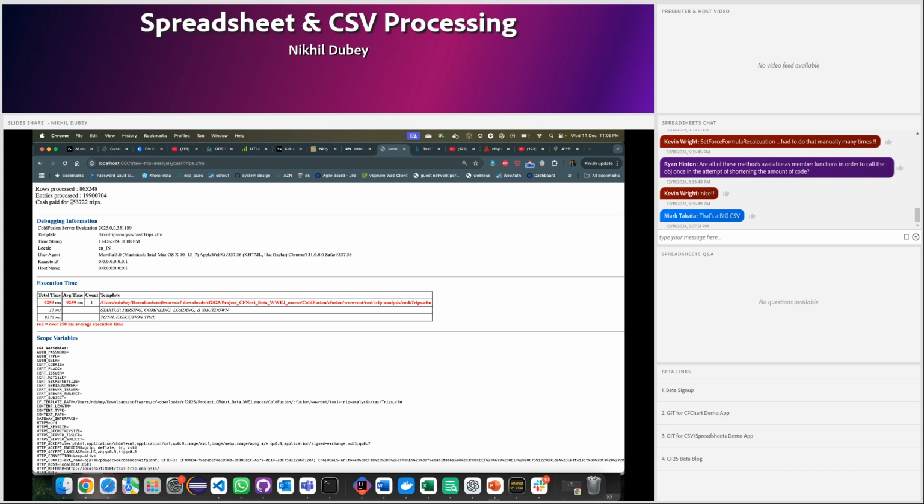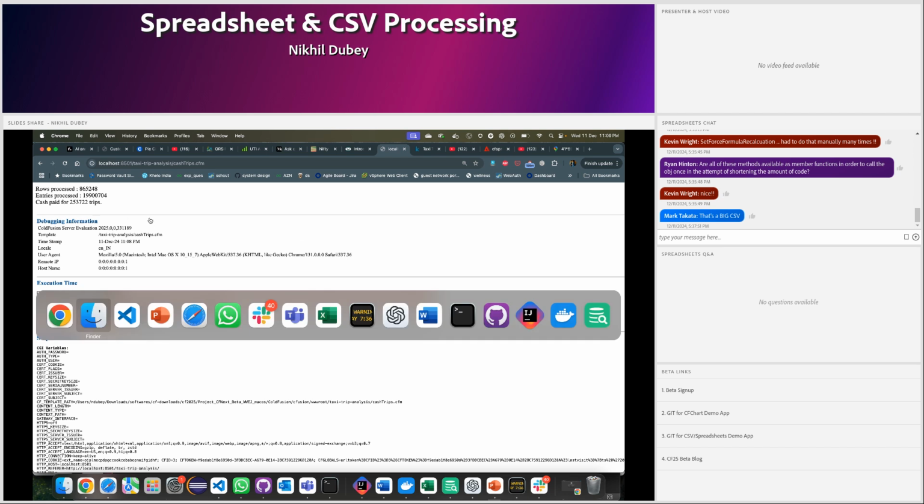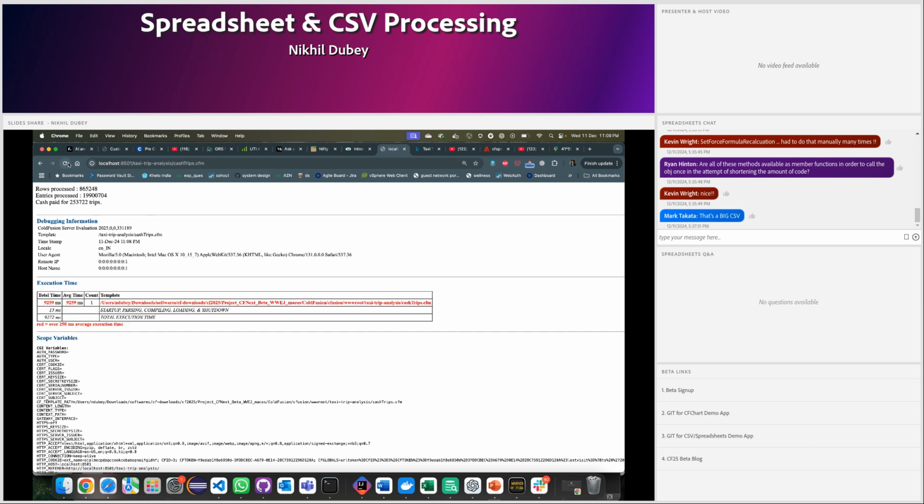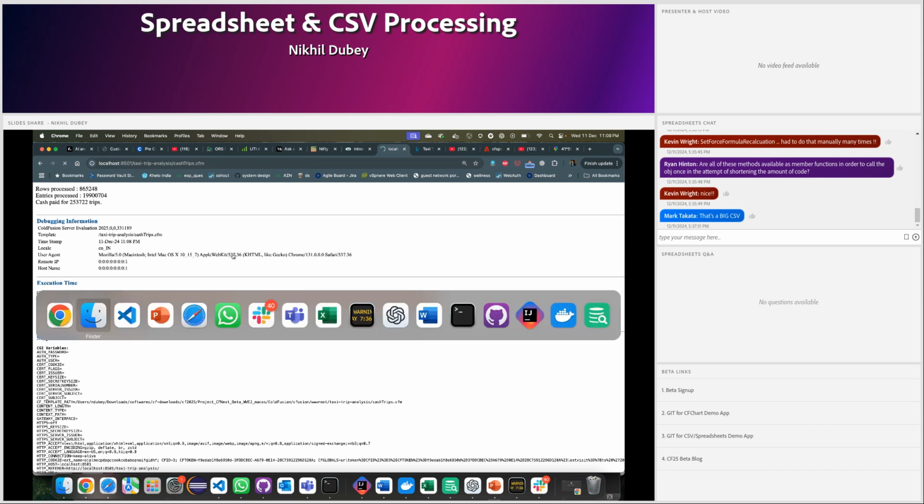253,000 trips I am having cash paid. So this is how you deal with such a large data set, 350 plus 7 MB, and it was able to do this processing in nearly 9 seconds. And if you try again, it will probably be even faster. But regardless, now let us see